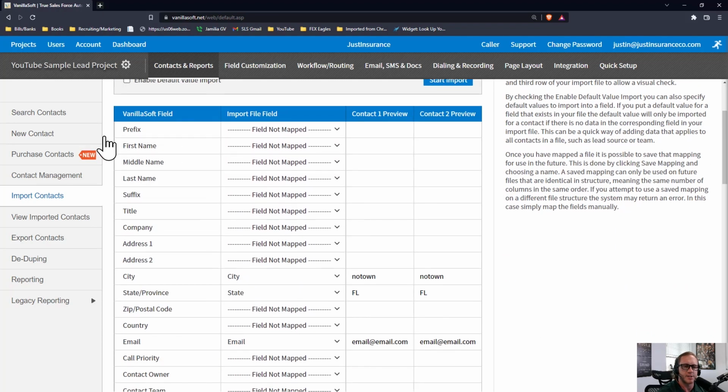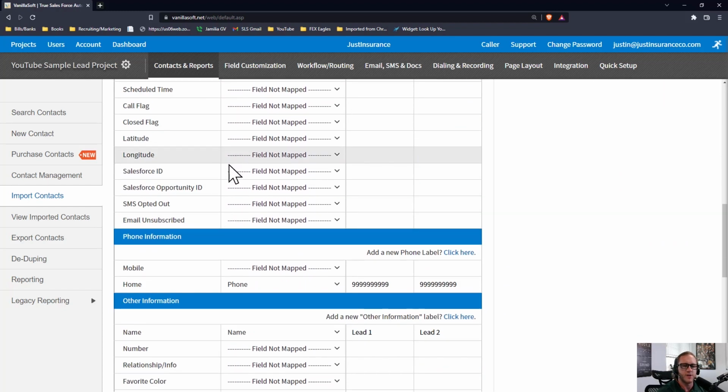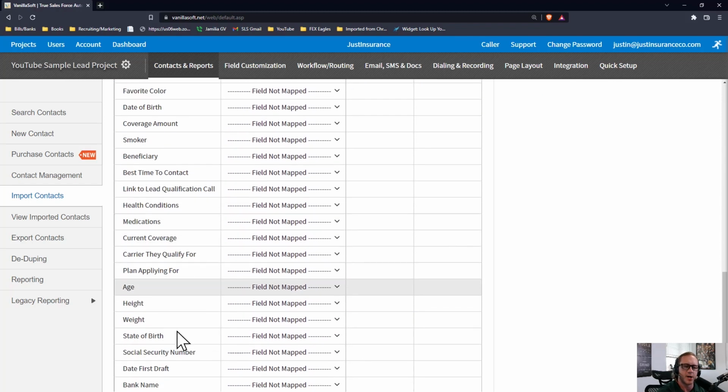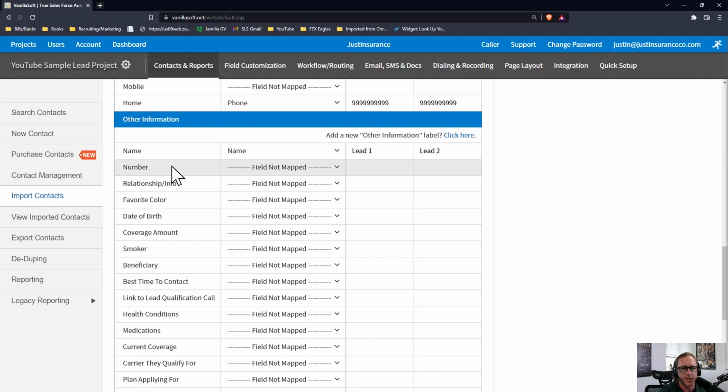Now there's different things here. So it has name, middle name, last name, suffix, title, company, address, all that stuff. And you can custom make these fields, okay? So I added some custom fields in the bottom here, which I'm going to show you. I added ones for the application. So I put like relationship of the